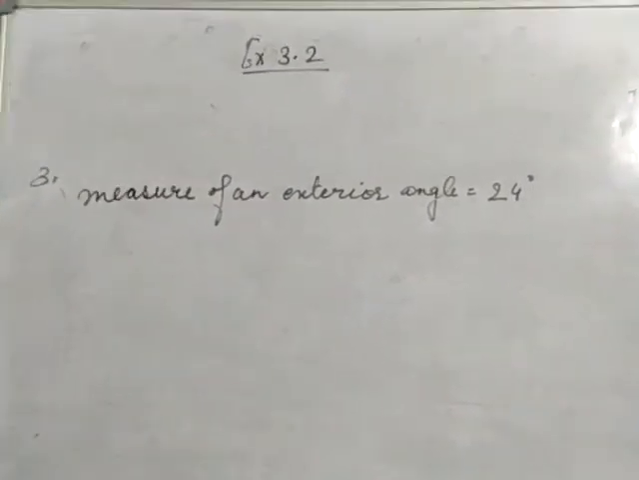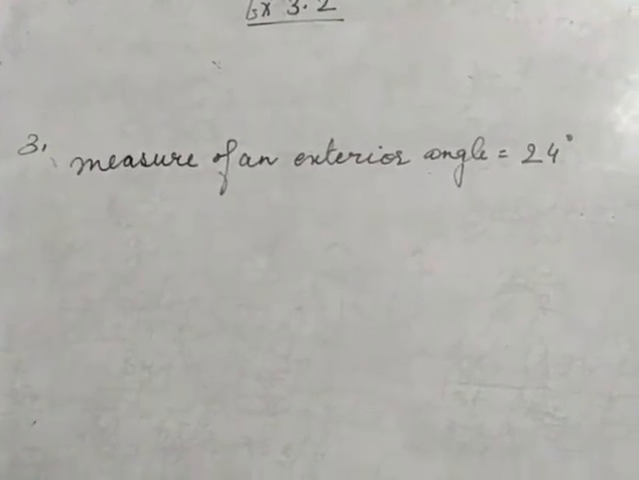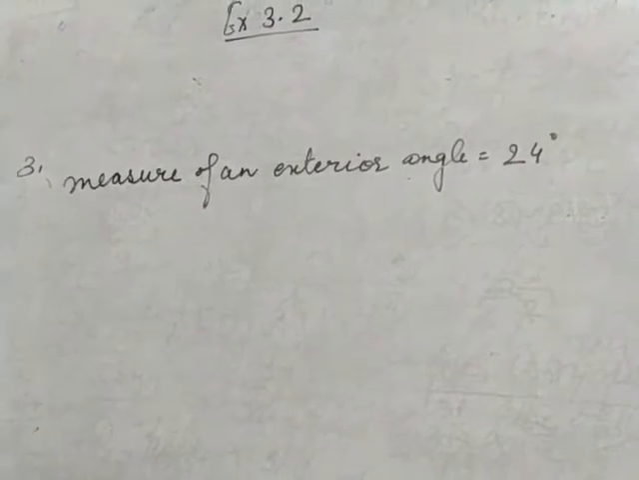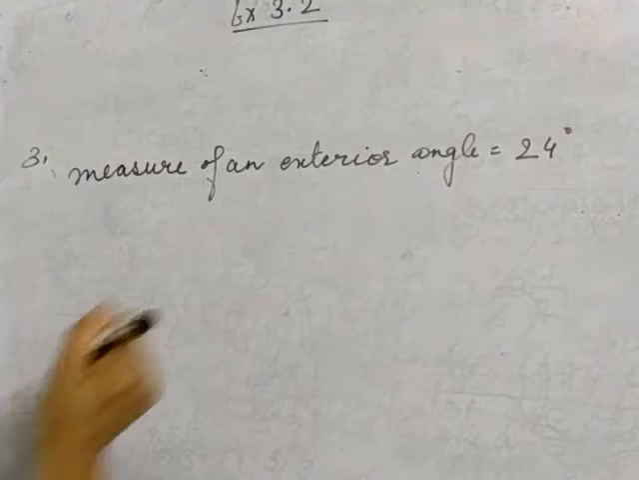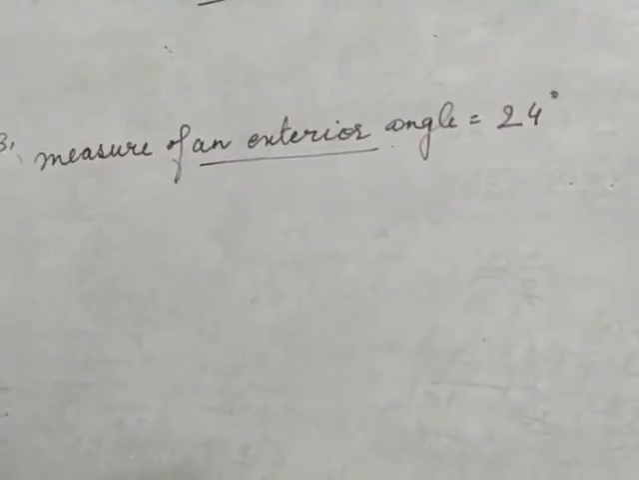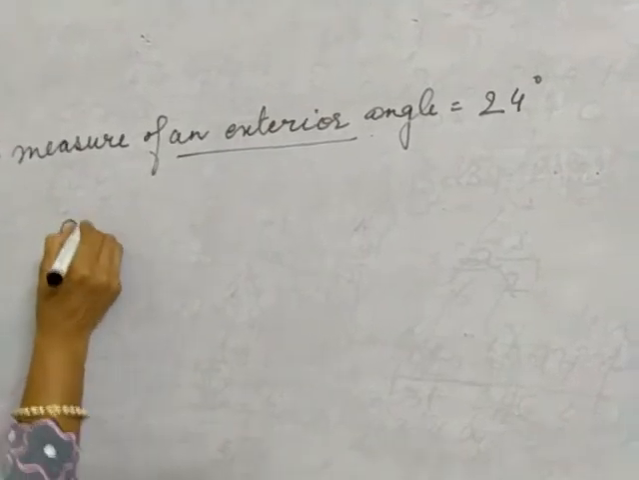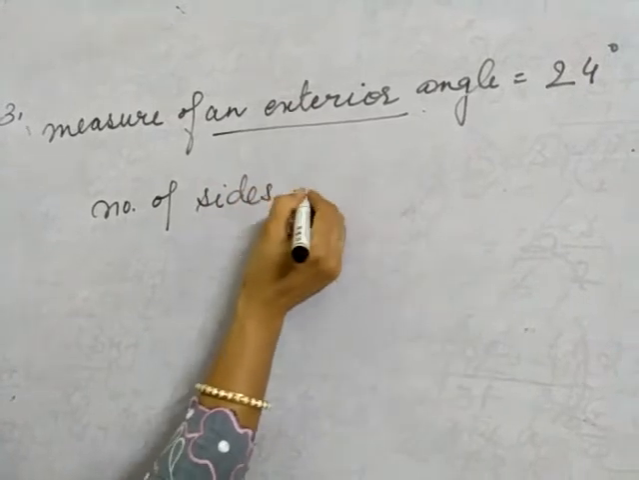In question number 3, you are supposed to calculate how many sides a regular polygon has if the measure of an exterior angle is 24 degree. Now an exterior angle means one of the angles is given. Now it was a regular polygon, it means all exterior angles are equal. So number of sides you are supposed to calculate. Now number of sides, the formula is equal to